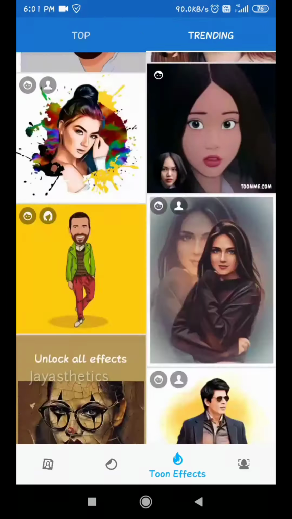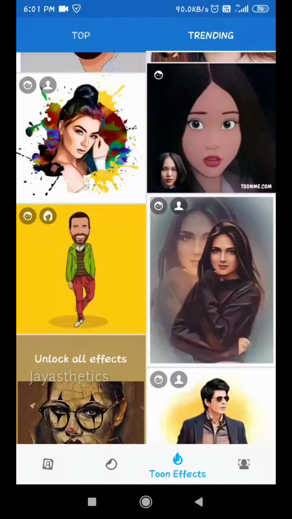So this application has a problem. I can't record this screen properly. Here some steps are not shown. You can just follow the steps by opening the app. You can do it properly.